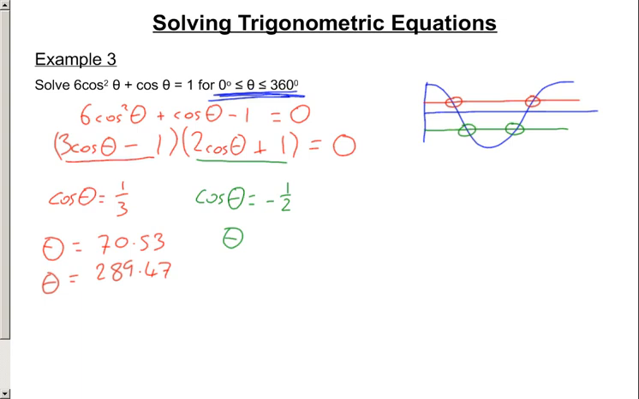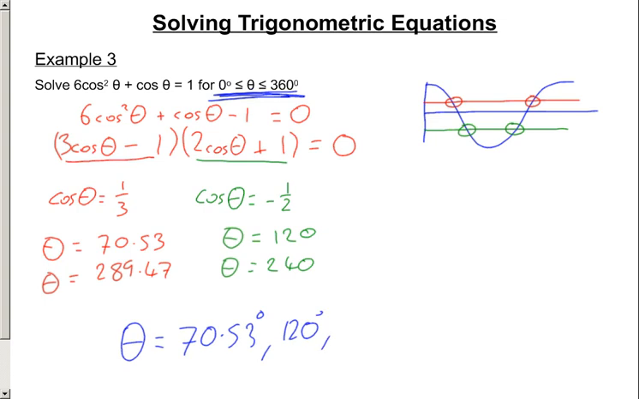For cos theta equals minus a half, using the calculator, we get 120. Actually, this is an exact value one. And again, by symmetry, we get 240 there. So that gives us our final answer of all of them put together: 70.53 degrees,